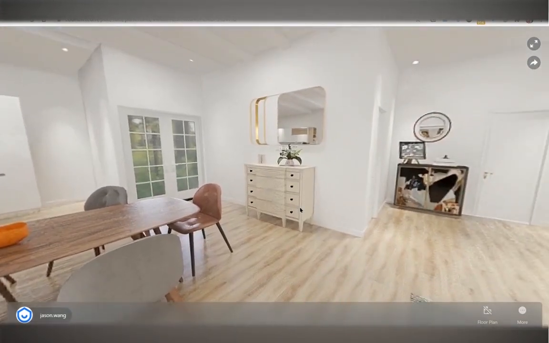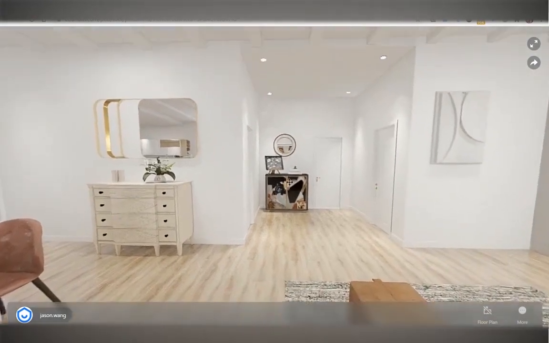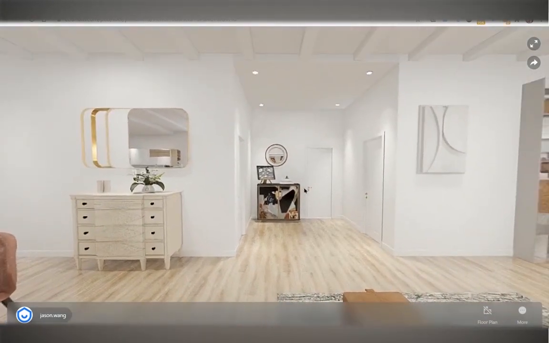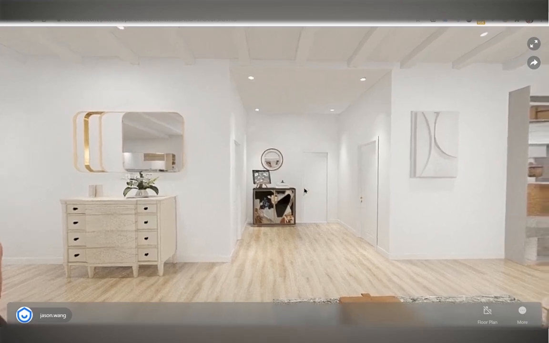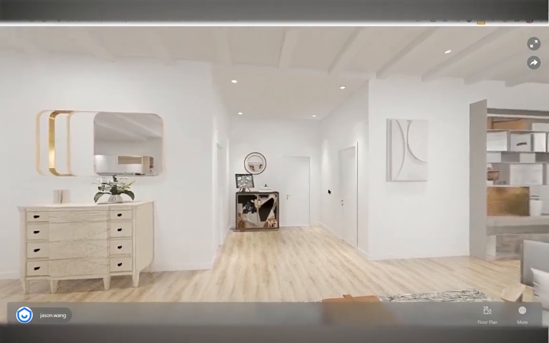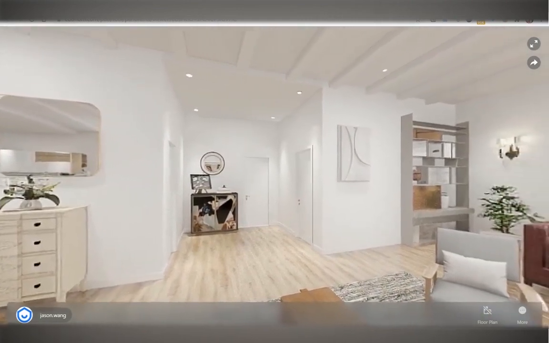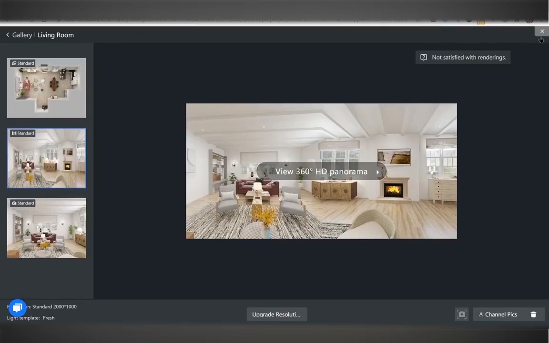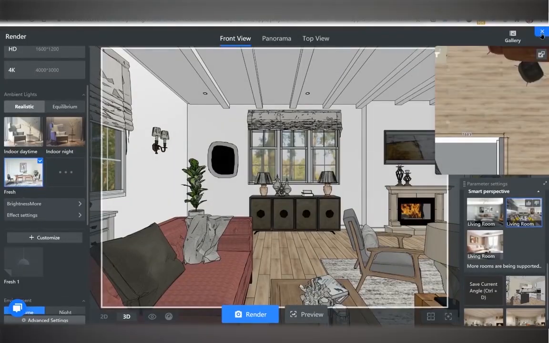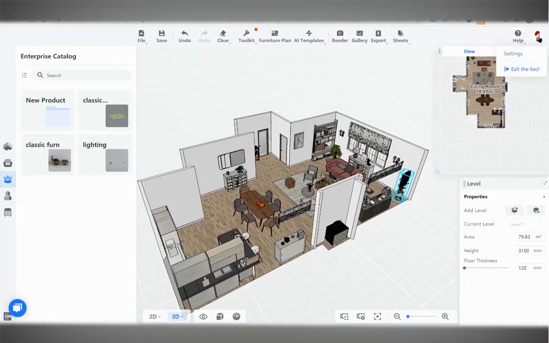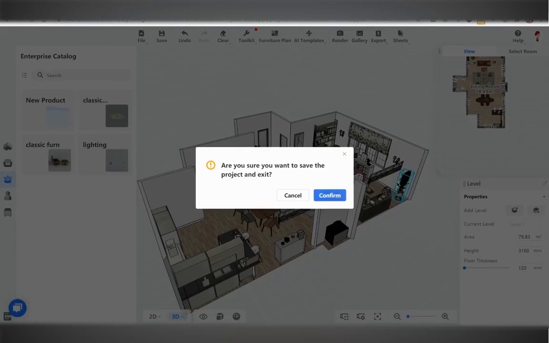So the really important step is, what if I want to share this photo on my Facebook? Because my friend told me you can share 360 photos on Facebook, and it's actually the best way to show off your design to your friends on social media. So let's get to it. All you have to do, really simple, close out, and you just exit the tools